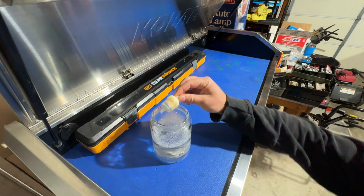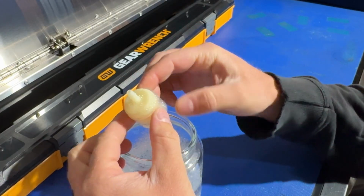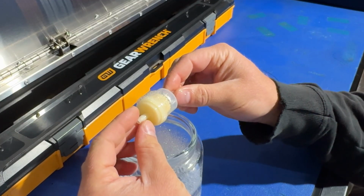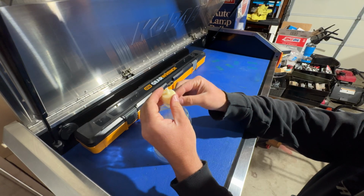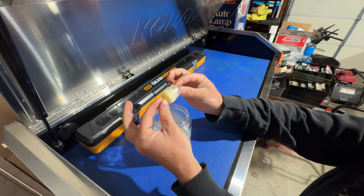So another thing that I want to talk to you about is this. And as you can tell, this is a fuel filter. I've had it just sitting in this glass jar for a minute. This fuel filter was on the mower in line,